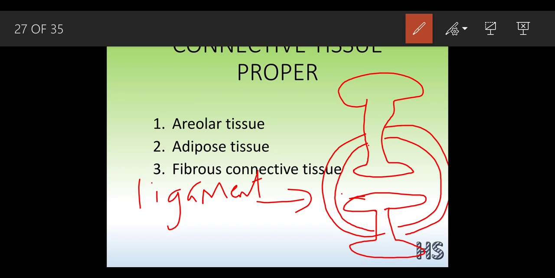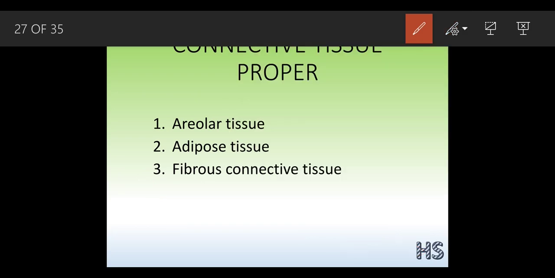Whenever we walk, the knee, where is the knee? Here, this is the upper part which is called the thigh, and this is the region below the knee from where you walk, and in between there is the knee. Whenever the footballer plays, they stretch their leg a lot, so there is a tear in these ligaments, and because of that they suffer a lot of pain. This was about the ligaments. Now we are going to learn about one more fibrous connective tissue.